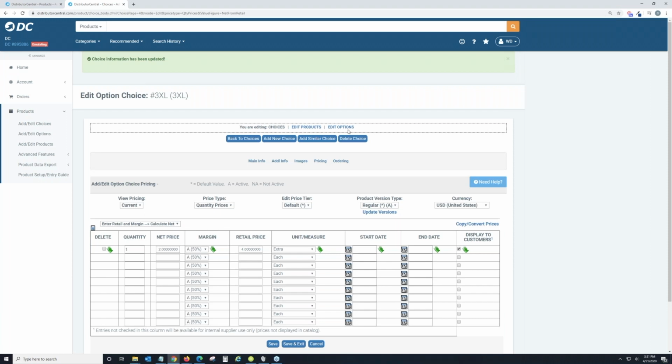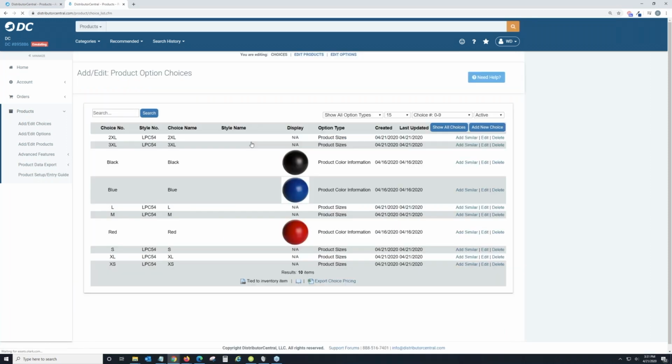So now what I want to do is, if I go back to my choices, you can see I have all my sizes here that I've listed out. And the style number is the actual number of the item. So it'll help me find it when I'm looking at the options, which you'll see here in a second. So now I'll go back to the other, like I said, choices, options, products is the easiest way to do it. So if I go to options,